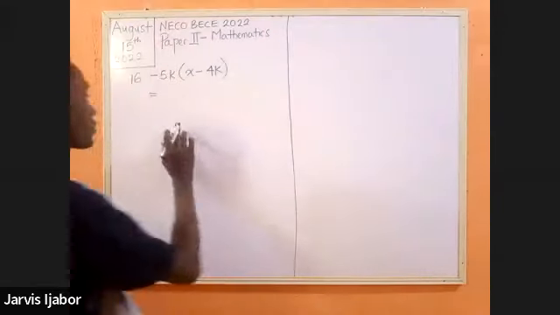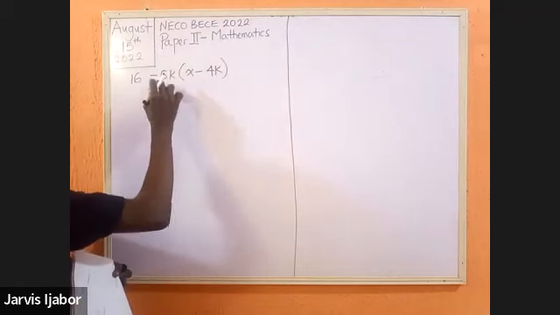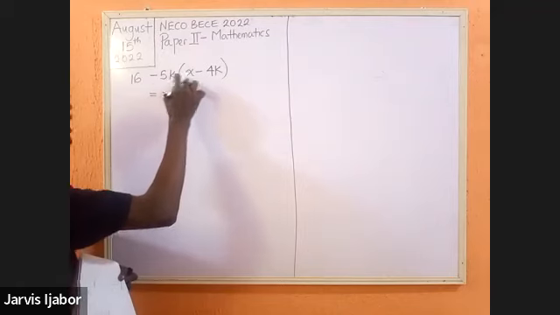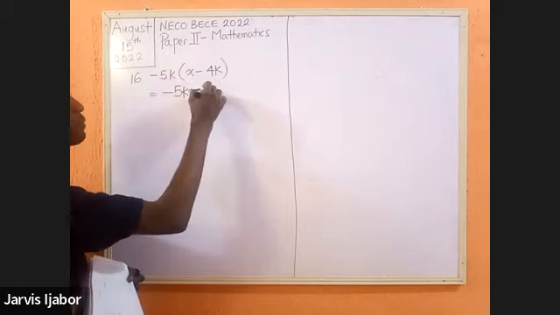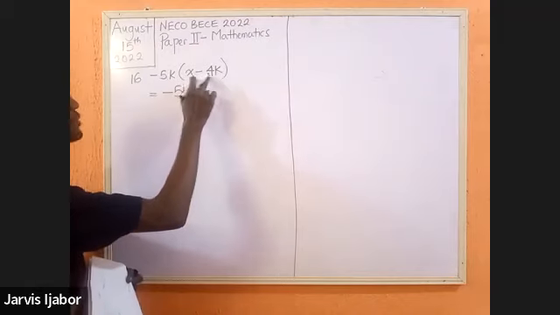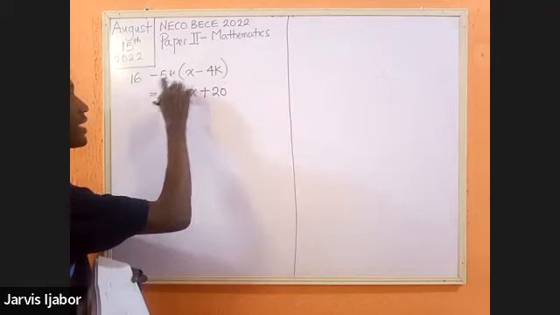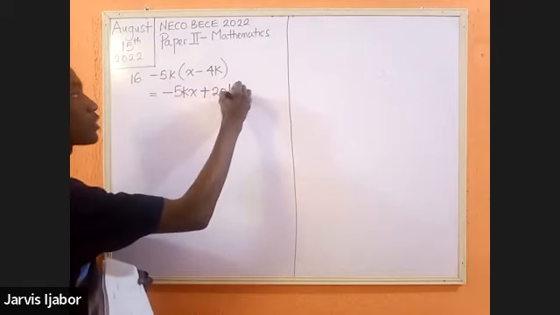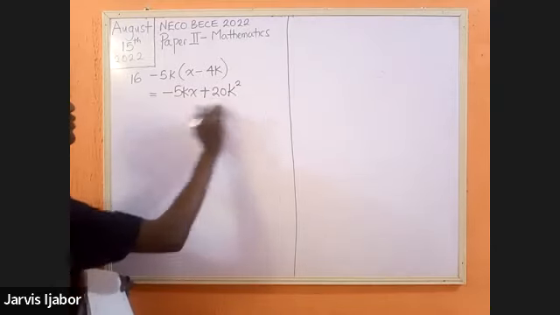So what I do first of all is to say negative times positive. That will be negative 5kx. Negative times negative will give me positive. 5 times 4 rather will give me 20. And then k times k will give me k multiplied twice, which is k to the power of 2. All right, so this will be the final